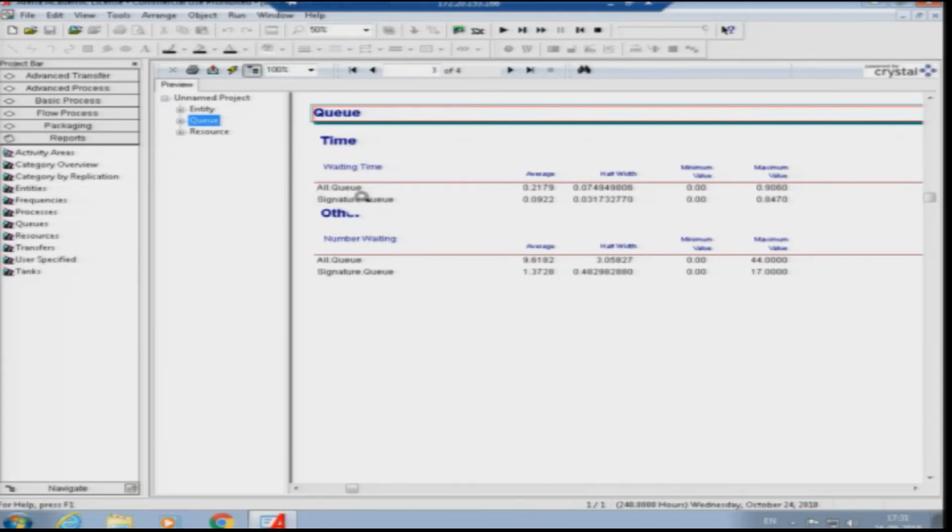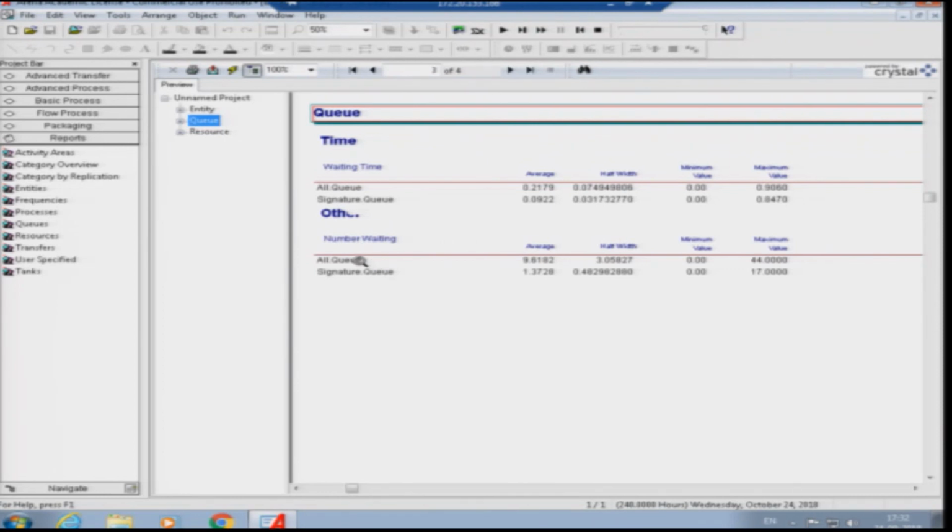As you see in the queue also, even after the reduction of the resource in all windows, the average person's waiting time is 0.21, which is pretty acceptable, with a maximum value of 0.990160. That is also a very acceptable waiting time considering the banking systems that we use in our daily life.